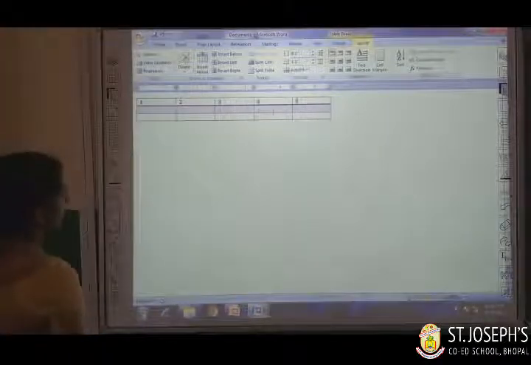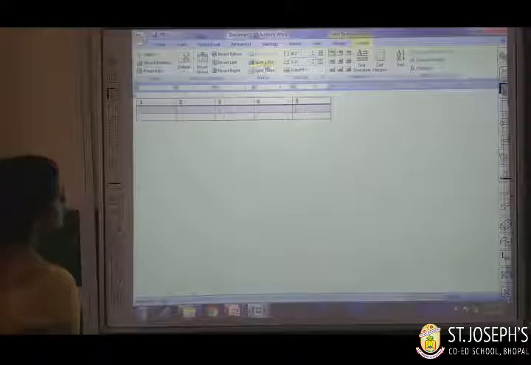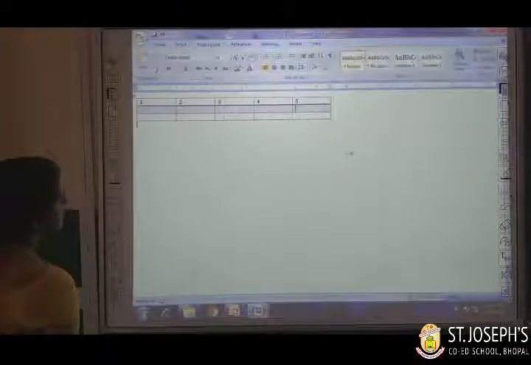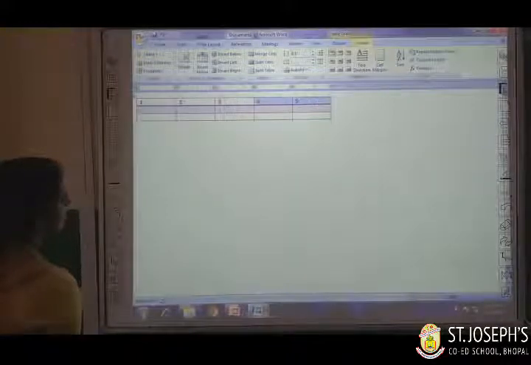Now, go to layout, then split cells. First you have to select, suppose these two cells. Select the cell, then go to the layout tab, under the merge group, split cells.